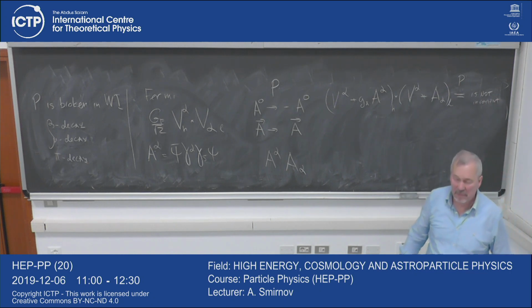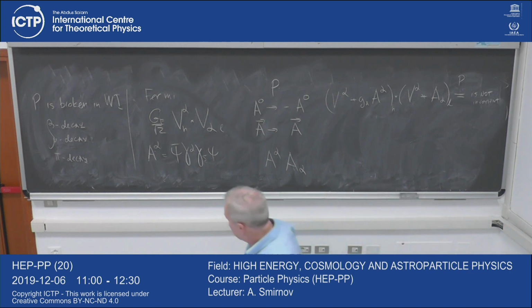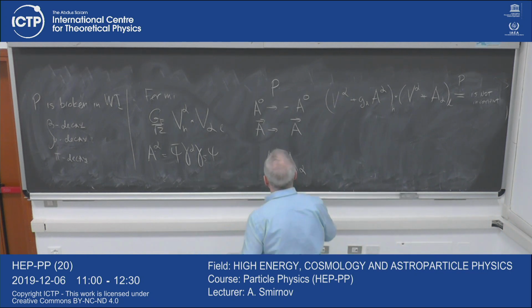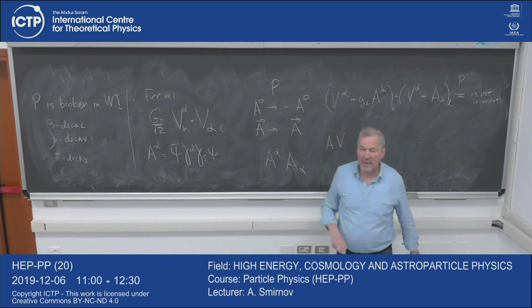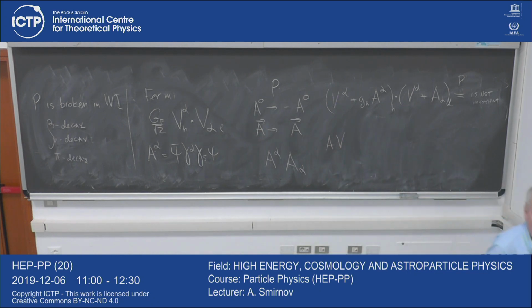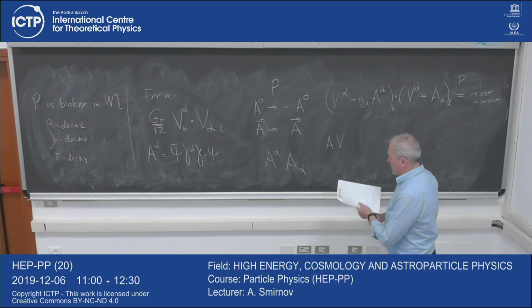You will check yourself what the transformation is. But again, it's clear that if you have a product of axial and vector, this is already not invariant. It changes the sign, right, under P transformations. So let me now discuss the discovery